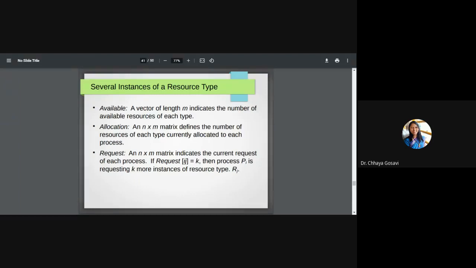The algorithm is similar to Banker's algorithm. It's the same algorithm, you can say. Here Available is a vector of length m, where m is the number of resource types, indicating the number of available resources of each type. Allocation is an n by m matrix. If you have several instances instead of one instance, then this is the safety algorithm, which we have to run again to check whether there is a deadlock. And Request is an n by m matrix. Request means the need matrix. Available is the available array, Allocation is the allocation array, and Request is the need matrix.